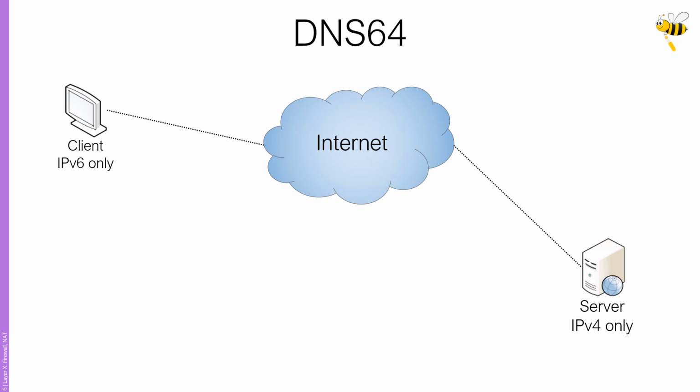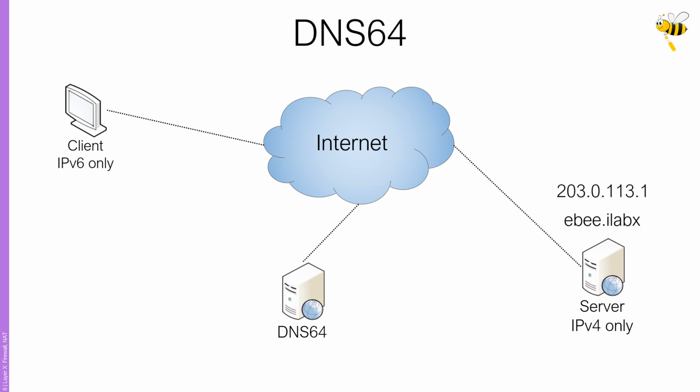DNS64 and NAT64 offer a solution for that issue. Using the scenario from before, we look at how these mechanisms solve the incompatibility between these two protocol versions. First, DNS64 comes into play, which builds upon regular DNS. That means our IPv4 only server needs a domain name, which in this case is eb.ilapx. A regular DNS could map this domain name to the according IPv4 address, which we can also see above